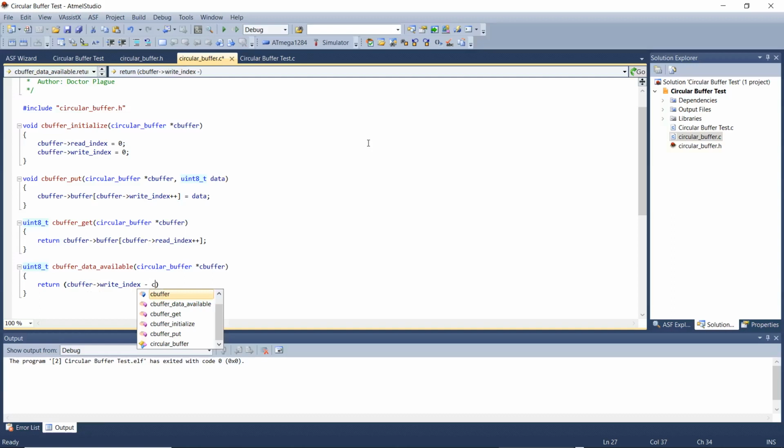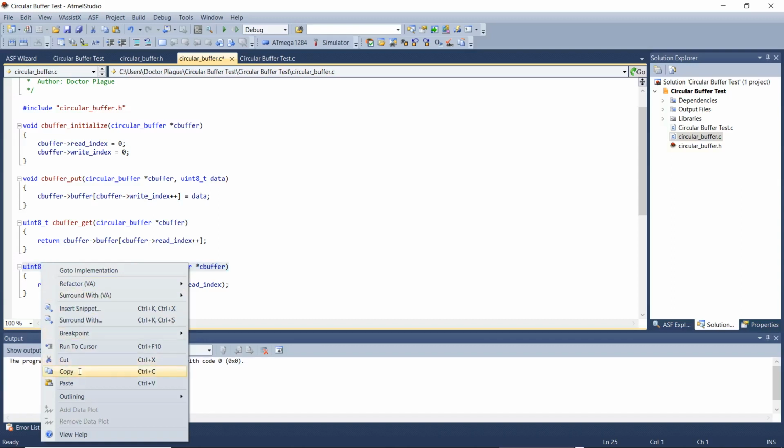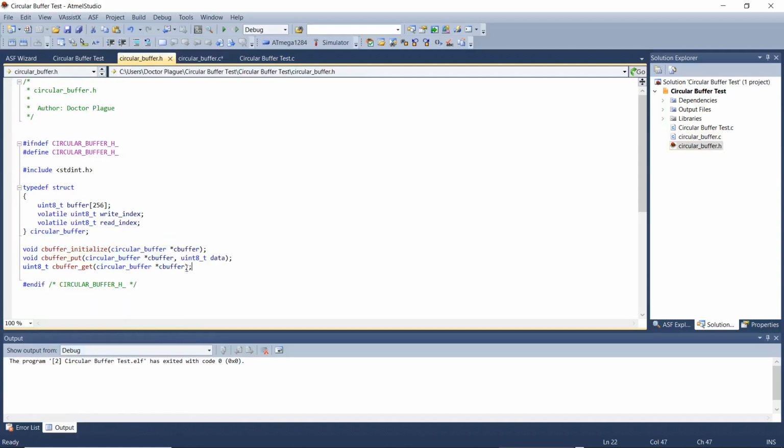Since these are all 8-bit values, we don't need to worry about adjusting for any out-of-range or wrapped-around values. And I'll just add the prototype to the header file. Then I'll recompile it to check for errors.